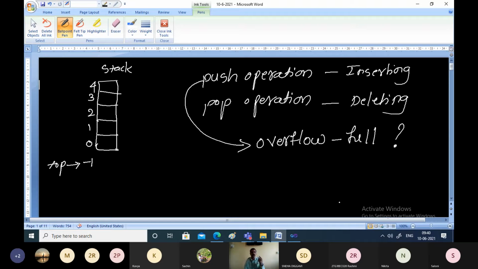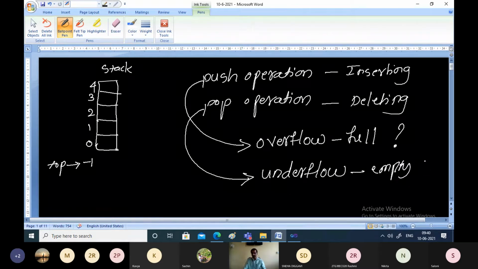If the stack is full, we cannot insert elements. While performing pop, you have to check for underflow. What is underflow? Underflow is when the stack is empty and we are trying to delete from the stack.